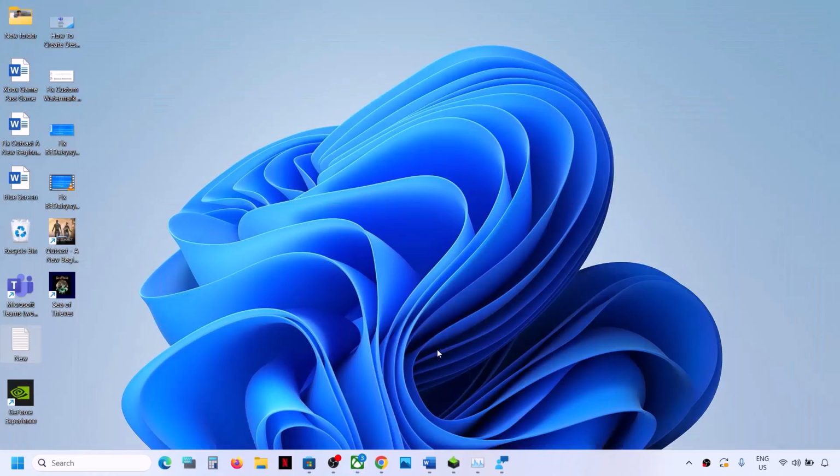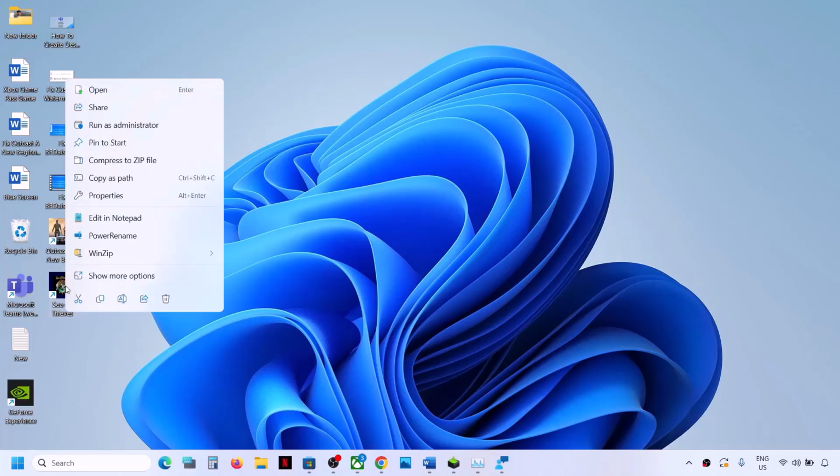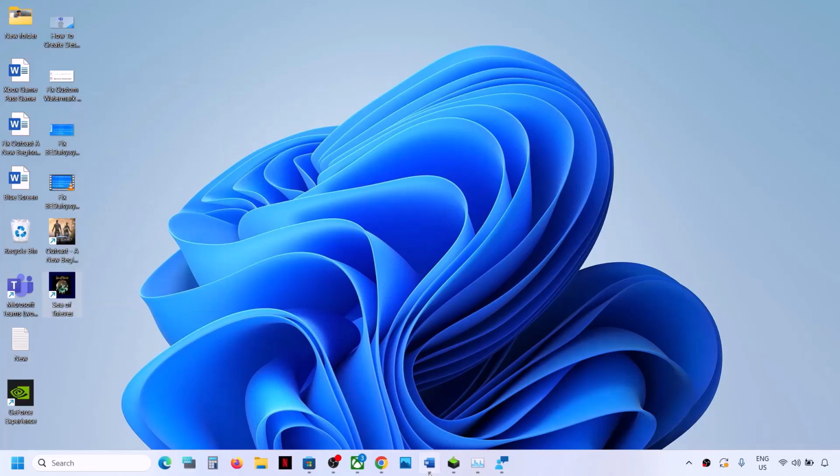Once done, now go to desktop, and here you should be able to see the desktop icon of that game. Make a right click on the shortcut, and then you will see the run as administrator option. So click on run as administrator and then check. Now if it's still not working,